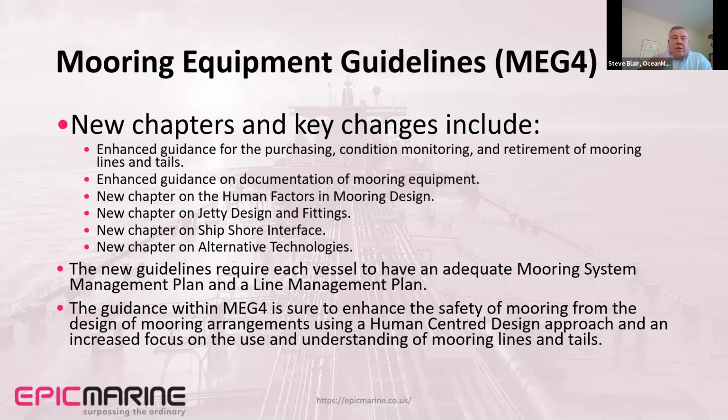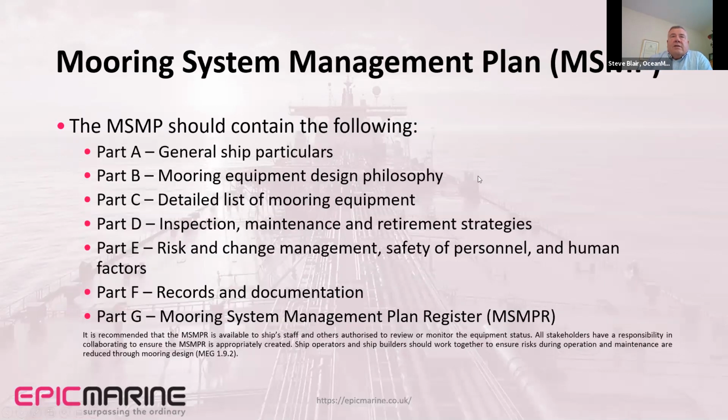And the guidance within MEG4 will enhance the safety of mooring from the design of mooring arrangements, using a human-centered design approach. At the end of the day, this is all related to human factors and ensuring that the incidents on board vessels from mooring operations reduce or are removed. Contents of a mooring system management plan are all of these items: general ship particulars, mooring equipment design philosophy, a detailed list of the mooring equipment, inspection, maintenance and retirement strategies, risk and change management, safety of personnel and human factors,